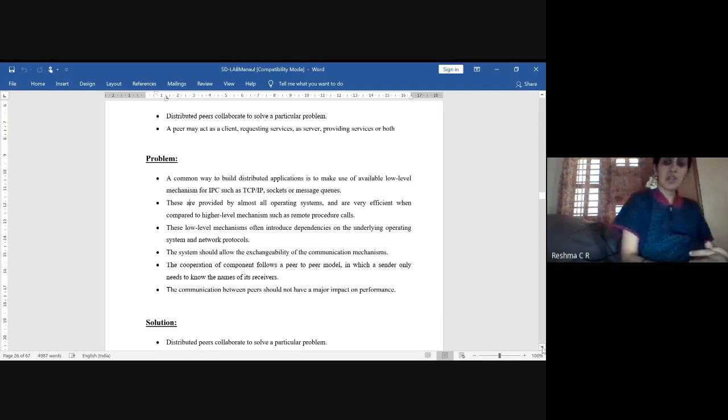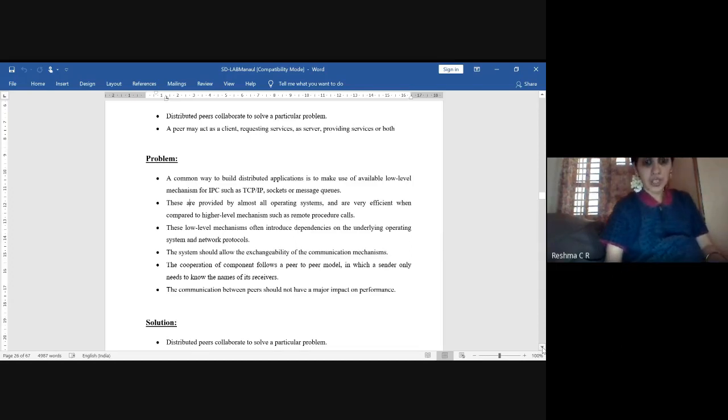It can be TCP/IP, sockets, or messages stored in a queue. Different messages have to be communicated among the systems, and that has to be identified. The underlying mechanism for that is the protocol. Without a protocol, communication cannot happen.